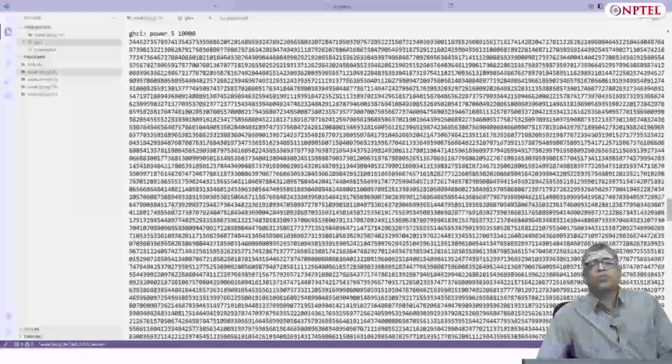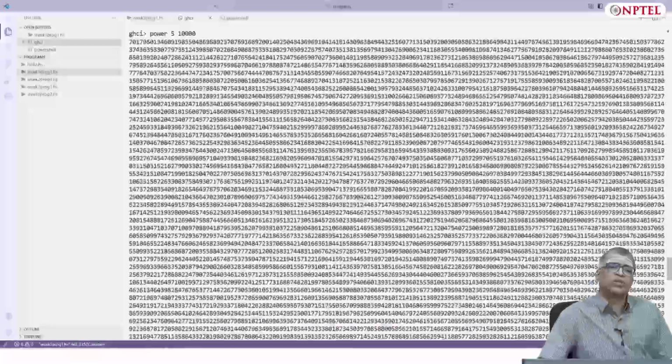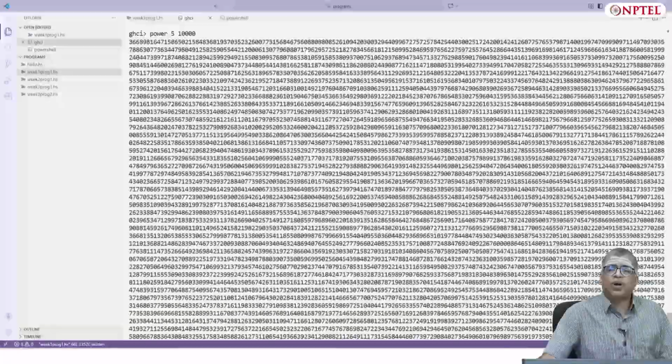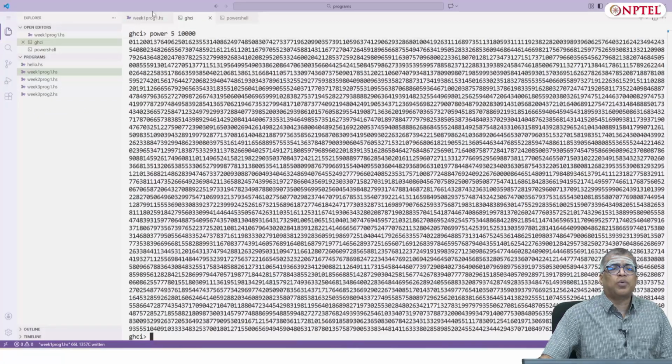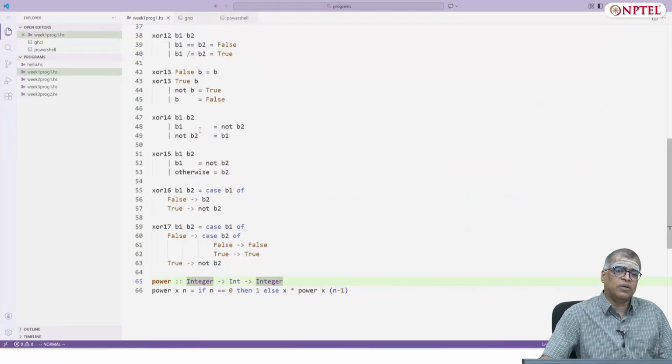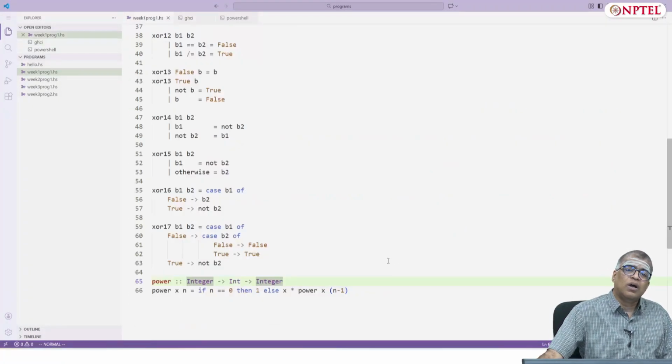Let's try to improve the performance of power 5 500,000. After all, when you program, you have to also try to program efficiently, not just correctly. So let's try here, and I would like to call it fastPower.